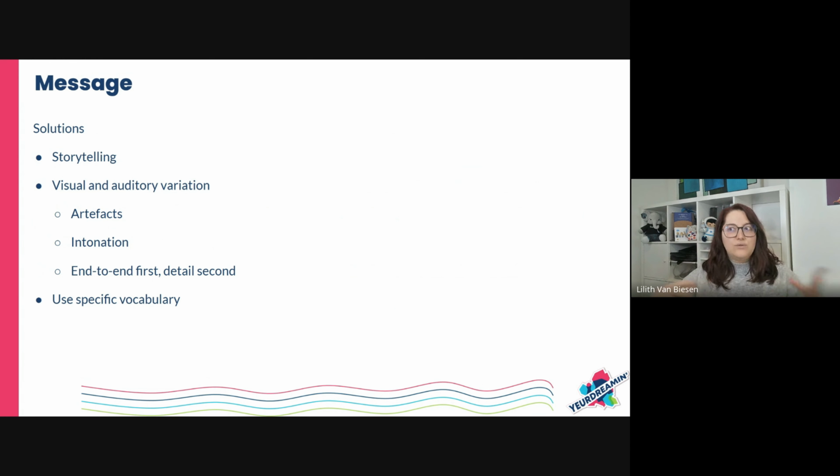And then finally, really important, in the story that we're gonna tell, we want to, of course, make sure we tell an end-to-end story. For example, if we cover a process, we cover a process really end-to-end. And that is always clear. That is the red thread throughout. And then afterwards, or in some parts of that red thread, we can go into detail. But that is the second part. The most important part is going to be the main story that we want to bring.